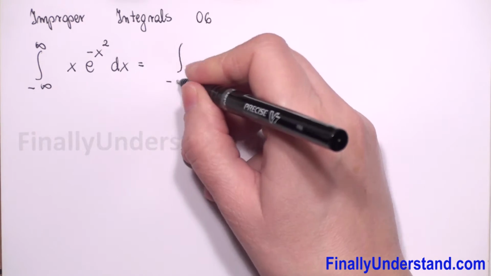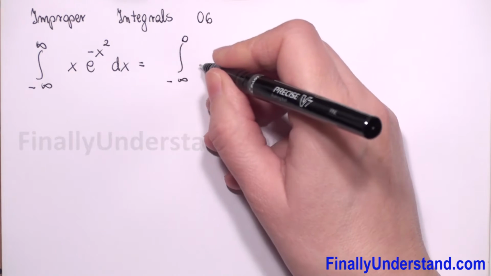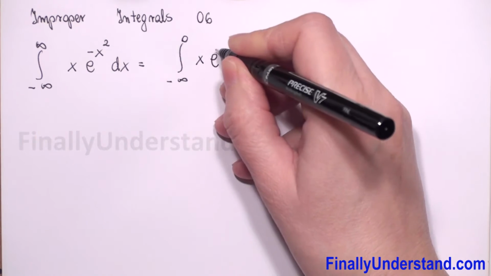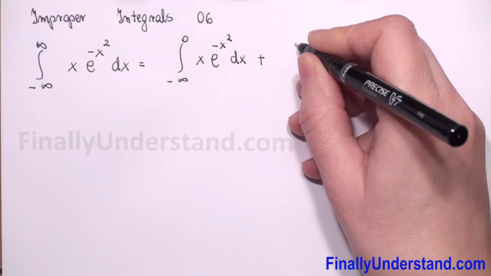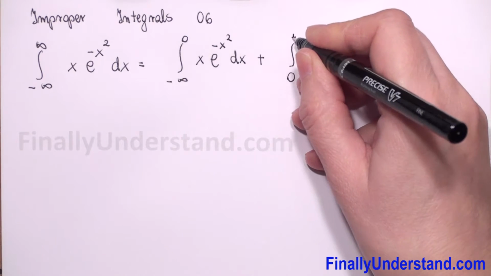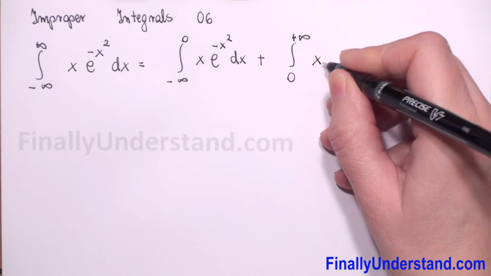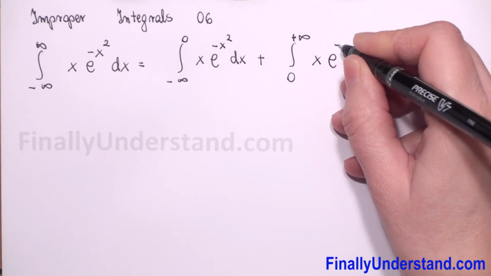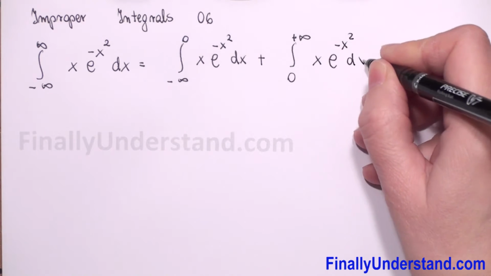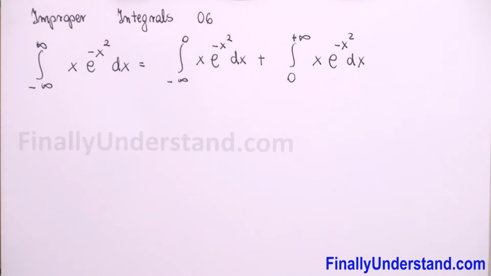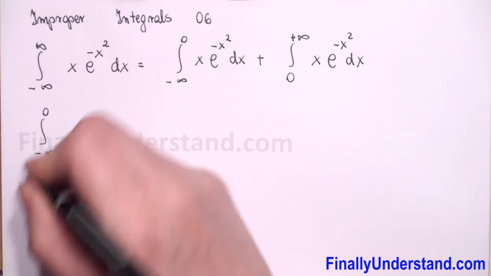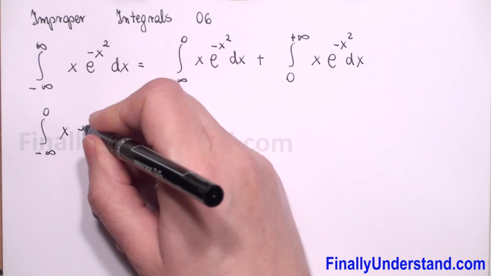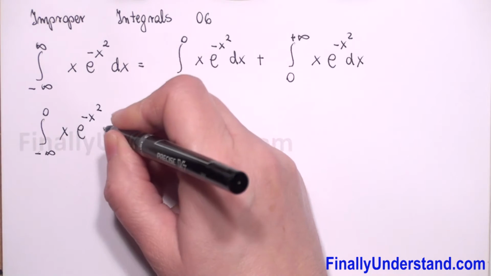integral from negative infinity to 0 of x times e to power negative x squared dx, plus integral from 0 to positive infinity of x times e to power negative x squared dx. So now we have to solve the first integral. Let me rewrite this. We have integral from negative infinity to 0 of x e to power negative x squared